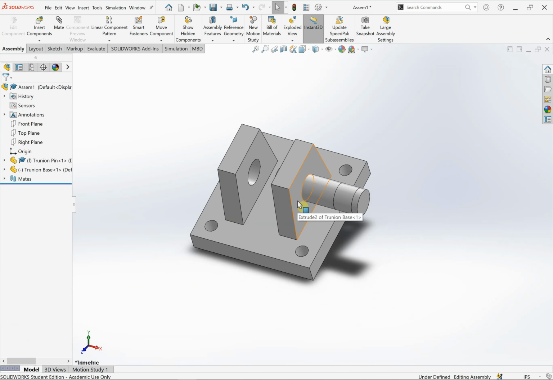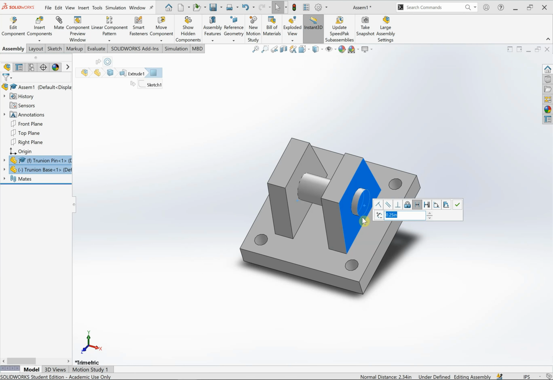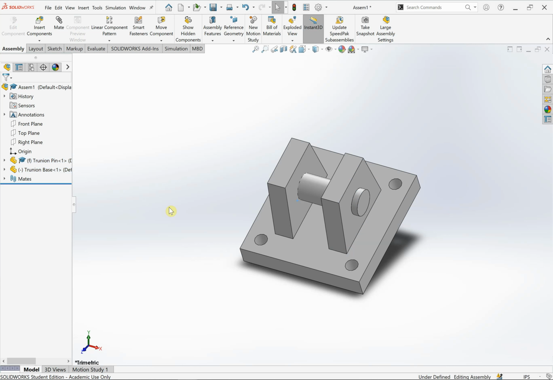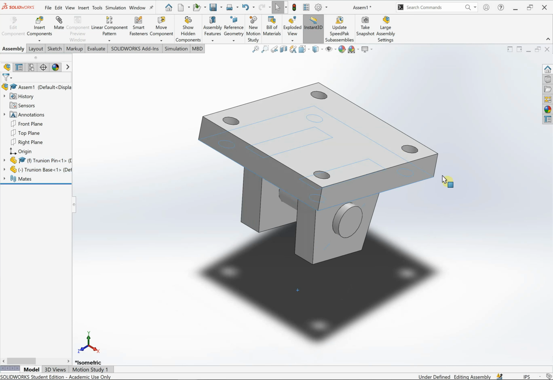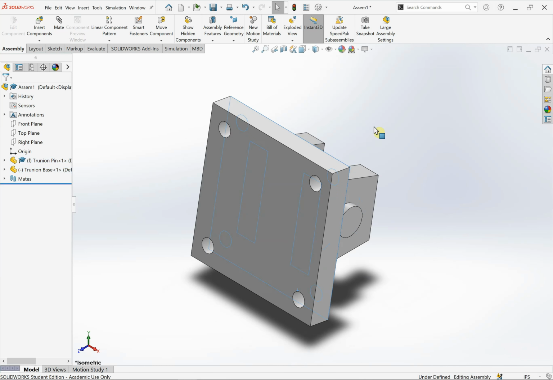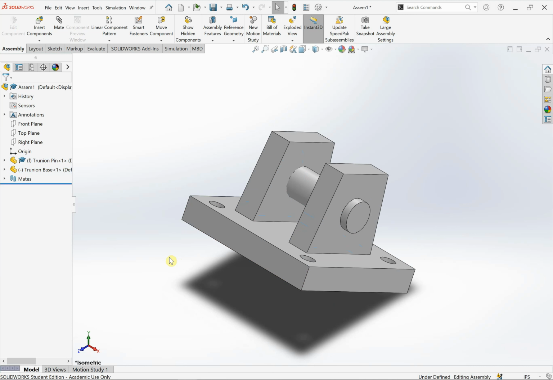The next thing I want to do is use this right face and this end face, and this is where some mates pop up. I want to use a distance mate, and that distance is 0.25 inches. I need a 0.25 inch gap on my base. And now see that the base can rotate around this pin because the pin was the first